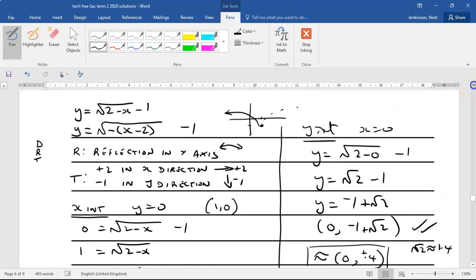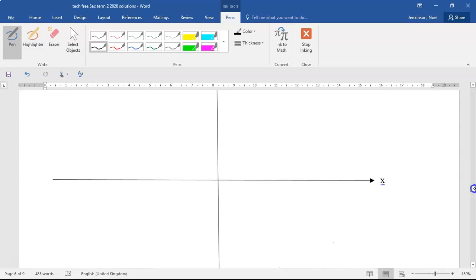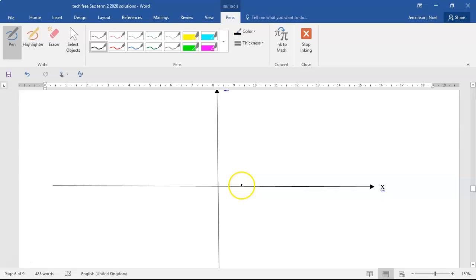Now we've got enough points. Hopefully the working lines at the top of the page and the graph underneath allow you to do the working a bit easier. That's 2 and minus 1. We have a point there at 1, 0, and a point there at about 0.4. I've got them noted down. I remember what they were. It's a backwards shape,